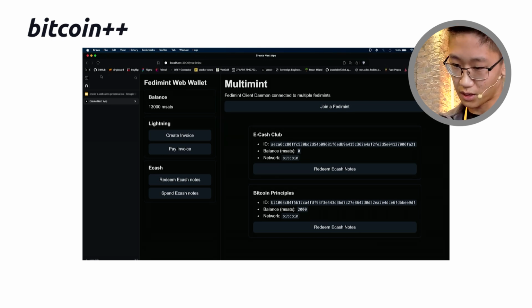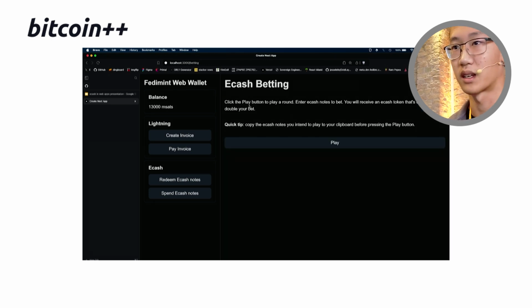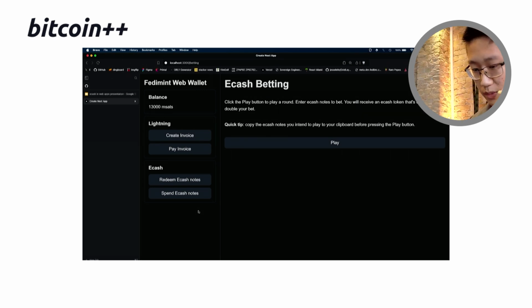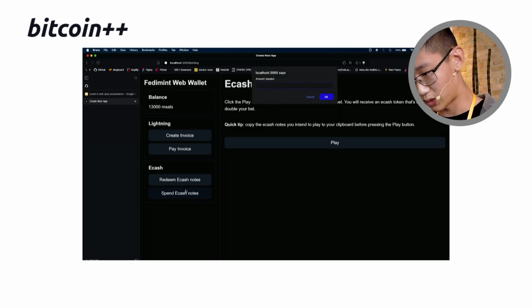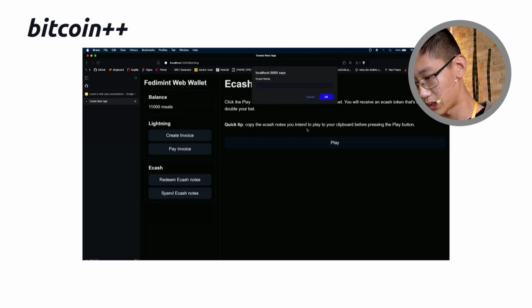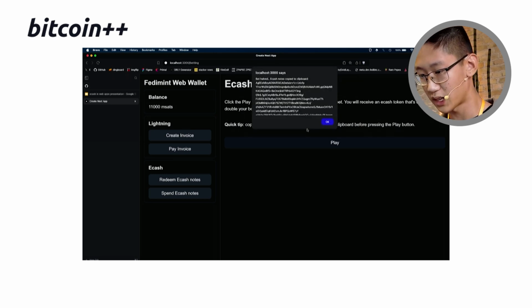So I have one last example that's a good use case for multi-mint. This is an Ecash betting game. The way this works is I generate Ecash notes. I'm going to paste it in, and that's my bet, and I will receive either half or double my bet. So I'm going to do, I don't know, let's do 2,000 millisats. It gets copied to my clipboard, and I will pay this. I'll hit enter, and it looks like my bet has been halved, and the Ecash notes have